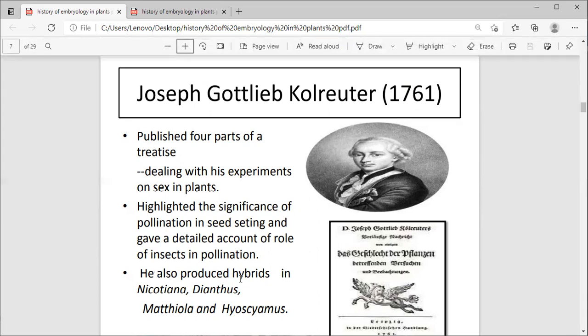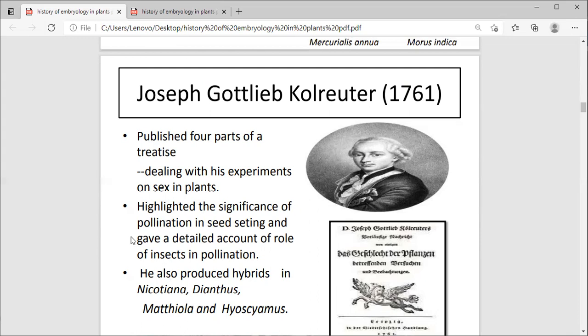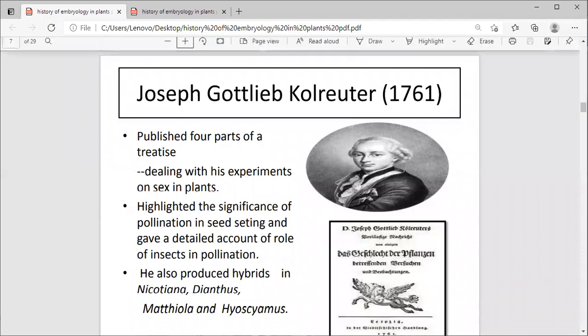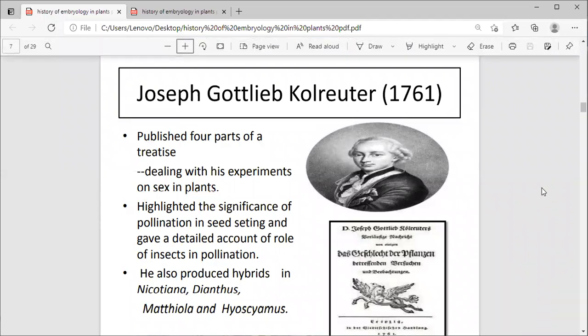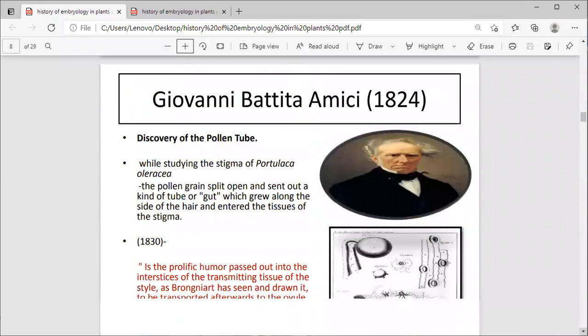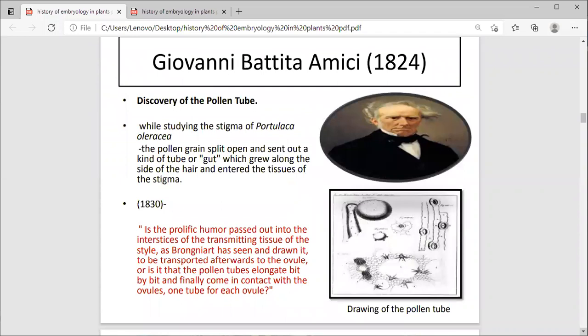He also produced a hybrid in Nicotiana. Okay, so an artificial hybrid. That means he collected the plant, he separated the female plant, he separated the male plant, then artificial pollination was done by hand. And that you call hybrid production. Here, so this is the mechanism here. Now in the 19th century, this is a very popular method that is called the hybridization method for the production of food here.